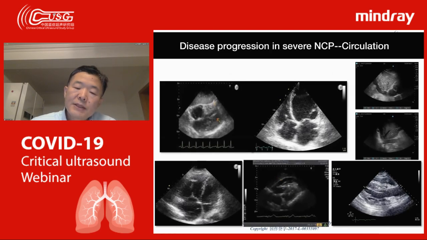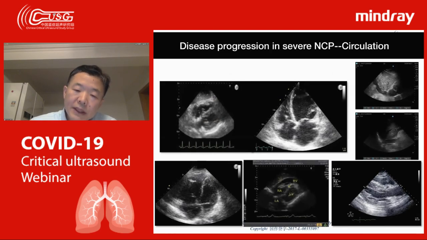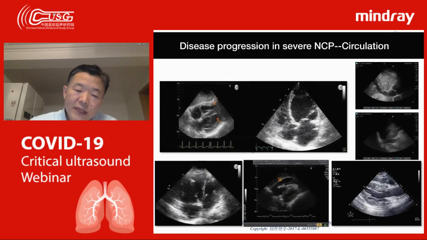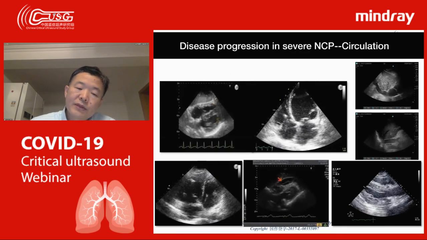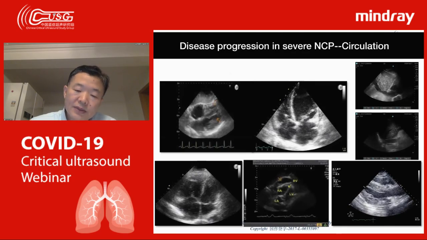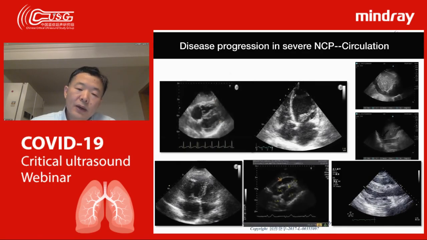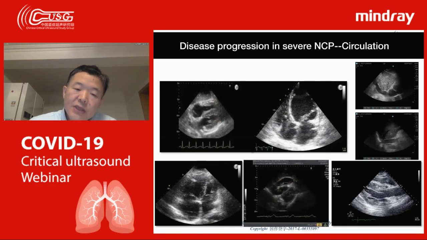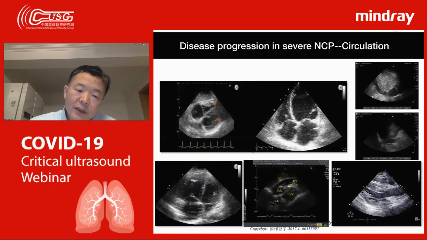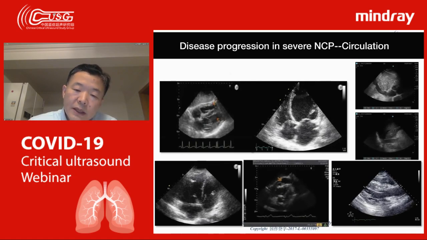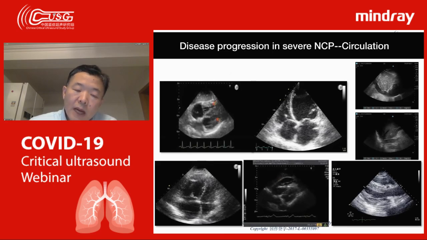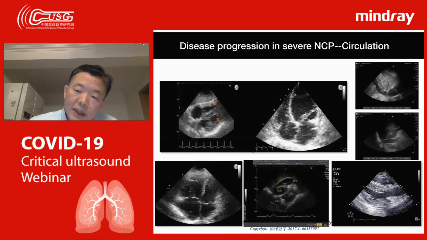So for patients in a very high blood flow condition, we have to think about how to control that. But sometimes you use fluid resuscitation, or you just use diuretic treatment. You will change your patient's preload, afterload, and cardiac function. So at that time, you have to monitor your patient's hemodynamic condition.